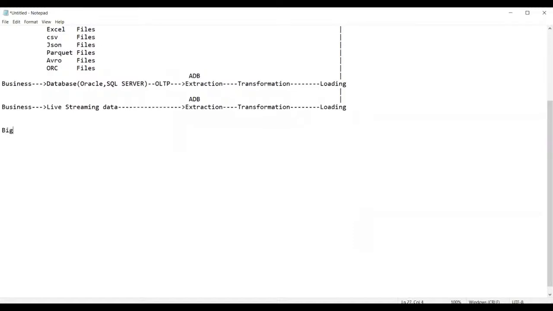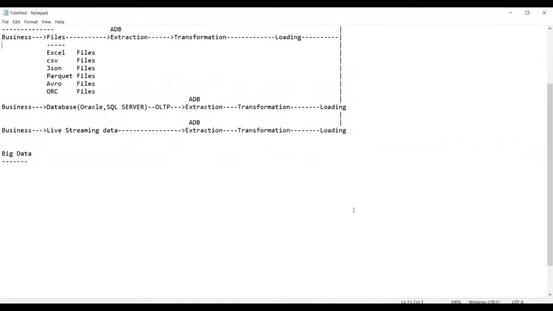Now, next, let us see exactly what big data is. Big data is nothing but whatever data you're getting from the business. Big data is not a great concept where you need to get confused. Just split it, guys.